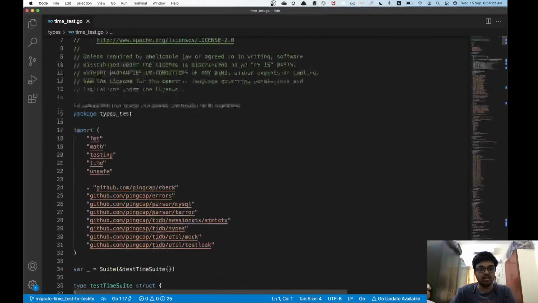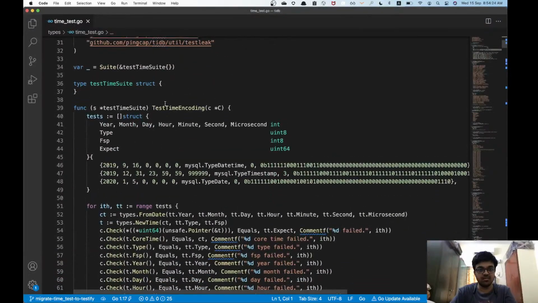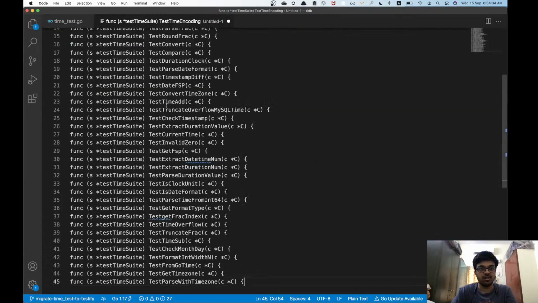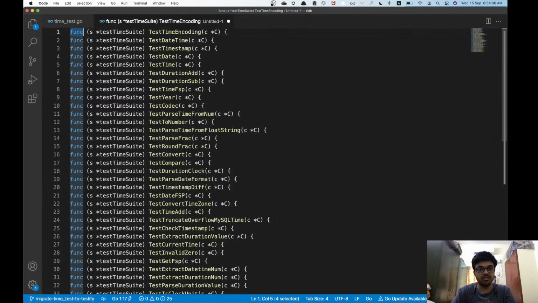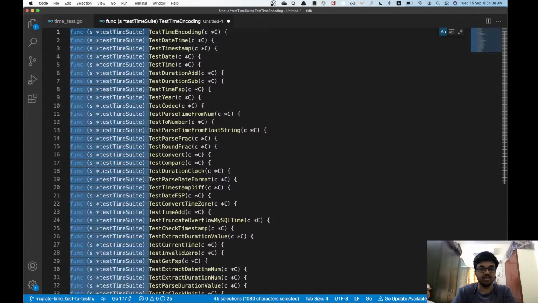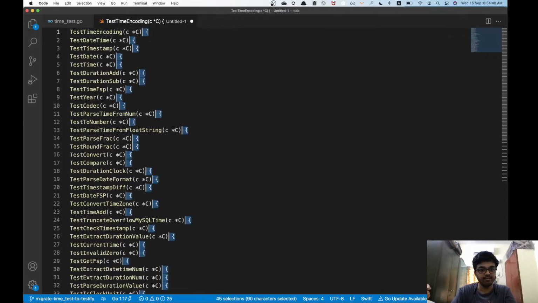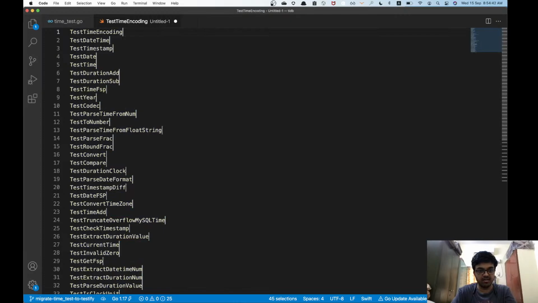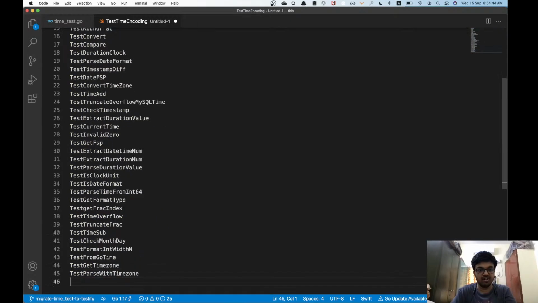Before we get started, we can do this migration one by one. So I'm just gonna do this and get all the names of these tests so that I can actually keep track of them, to know that I've completed them. I have 45 of them.